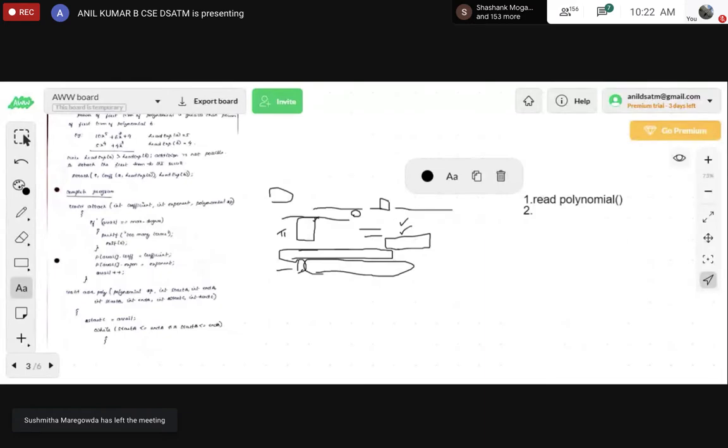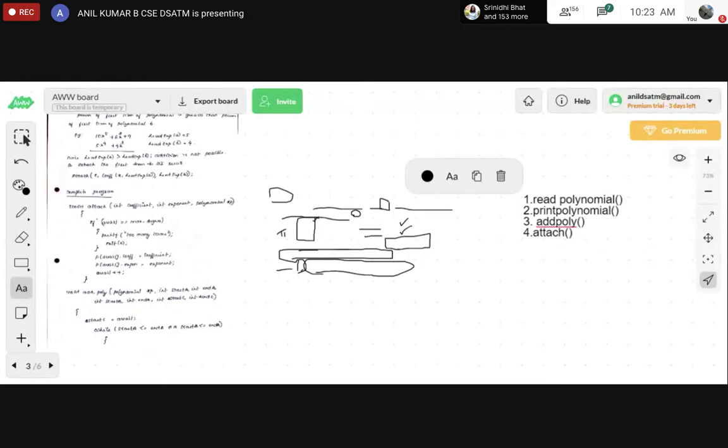One is the read polynomial. Then print polynomial. Next, third one is add polynomial. Fourth one is attach polynomial, the attach function which is for storing the resultant.